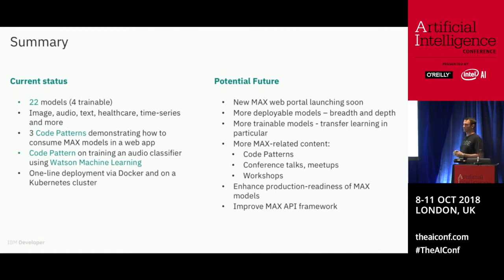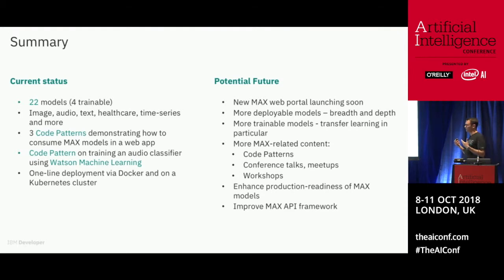We believe as a team that training very large models from scratch on huge amounts of data, while that's where a lot of the interest is and the buzz, it's not really the biggest value add for most use cases and applications, and in particular in medium-sized enterprises. In most cases, it's going to be transfer learning on relatively smaller amounts of data using good pre-trained models. So we really want to open up those use cases on Max, make it easy to do transfer learning in domains such as images, text, especially in the beginning, and to be able to run those on Fiddle or on our cloud service.